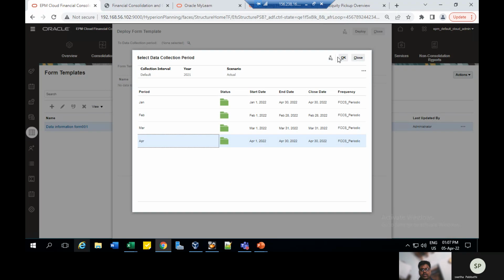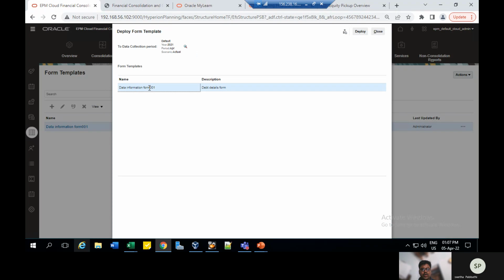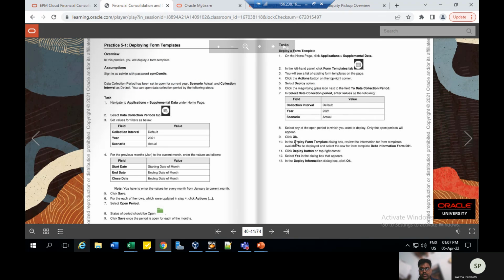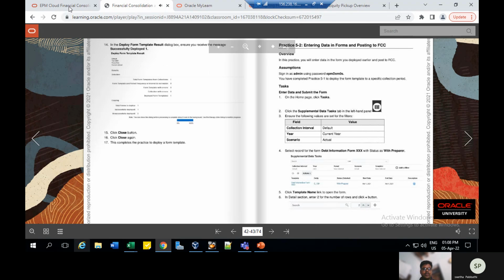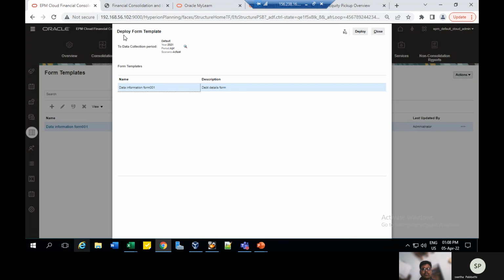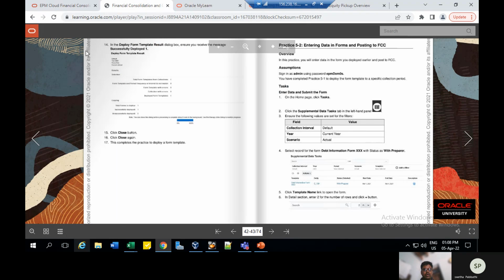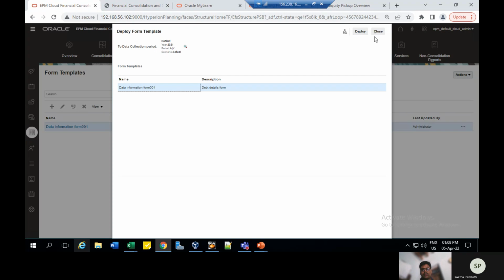So I'm waiting for this. I have deployed one of the periods for our practice purpose. So click on OK. The deploy form template would be shown, and we can see this form here. So this is the deployment form template. Need to click on close and then close the